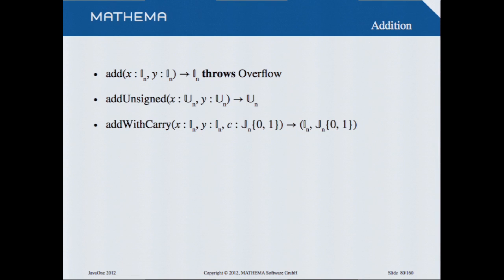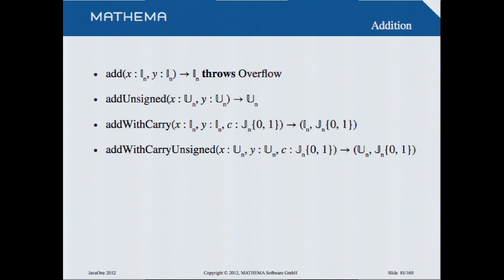Then to add larger numbers, a big integer, for example, we want to add with a carry. So we only have, let's say, 32 bits, but we want to know if we have an addition, if there will be an overflow. This can be checked very simply without an if. So this function offers you the possibility to access the carry bit and to provide a carry bit to have a multi-word addition. Of course, if you add signed, there's a different overflow behavior, as I said, so we must have an add with carry unsigned add function.